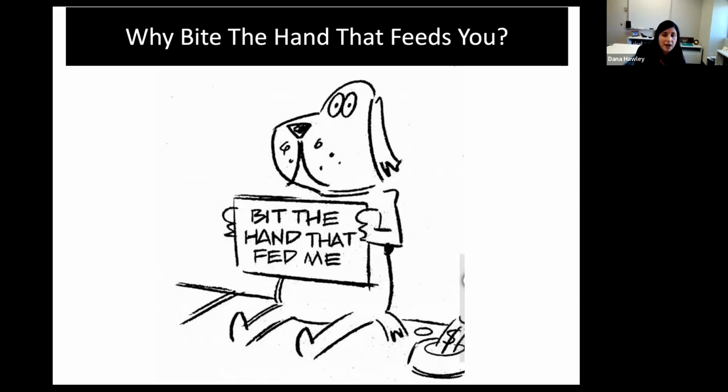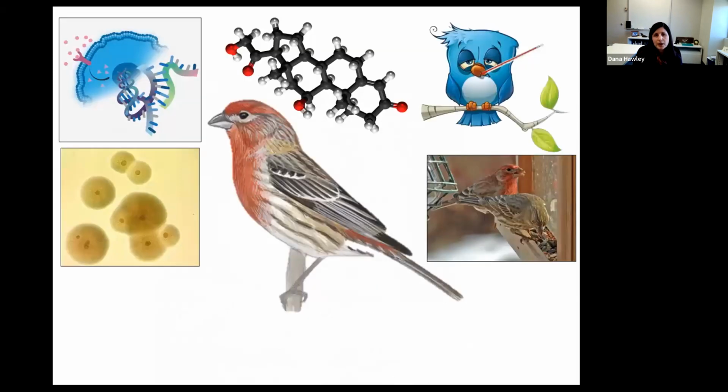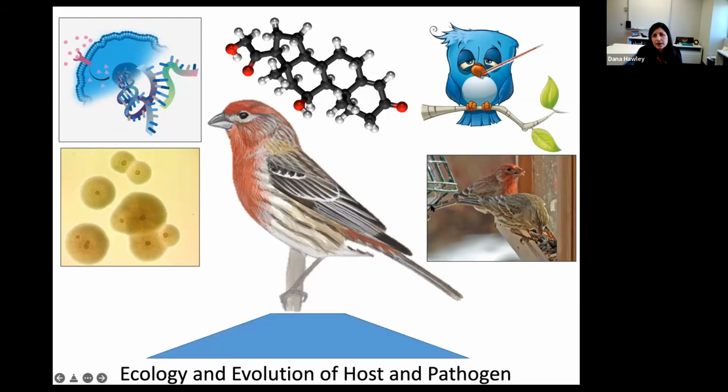We've done work on a lot of different aspects of this story, including the host immune system. And we have been trying to approach virulence evolution from what I call an integrative perspective, for lack of a better word, where we're trying to put together pieces of pathogen characteristics, host gene expression and hormone levels, with whole organism responses like fever and behavior, only one of which I'll talk about today, to try to understand the overall consequences for the ecology and the evolution of both the host and the pathogen.